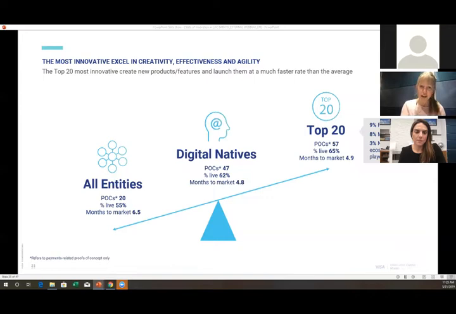Our most innovative companies excelled in proof of concept development. They were also the most effective at bringing those to the market, and they did it in the fastest amount of time. If you compare the top 20 with all entities, the sample overall, you can see almost triple or double the performance. So really powerful indicators. Our digital natives here in the middle look and feel similar to the top 20, but it's important to understand that among our most innovative companies, we also had several brick and mortar companies, which was a pleasant surprise to us. So you don't have to be digital to be innovative is a very important takeaway from this study. This continuum here displays these very powerful differentiations we see. If we go to the next slide,